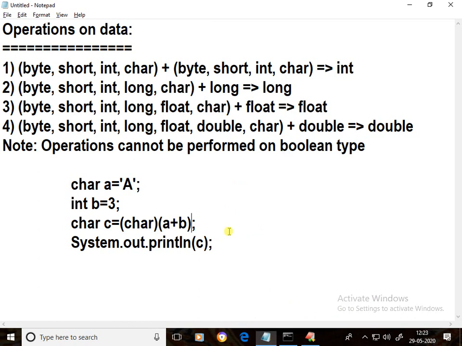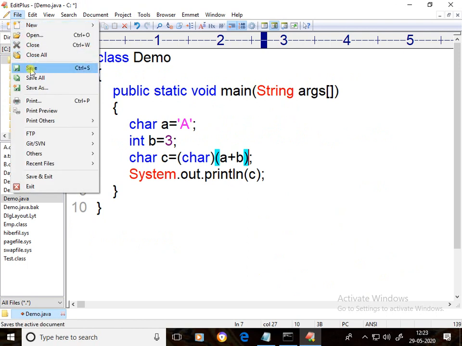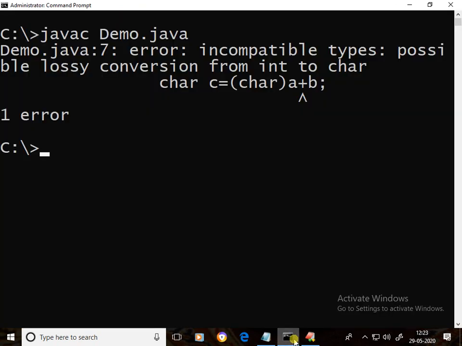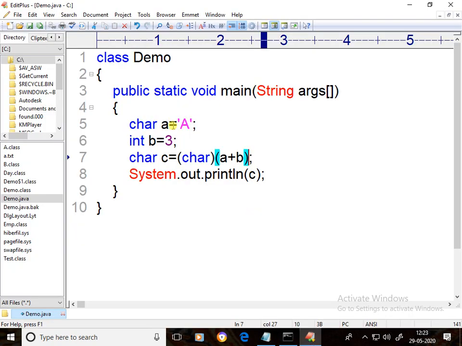I'll show in a program. Here brackets A plus B. I'll save this program, file, save. I'll compile, javac demo.java. See, successfully compiled this program. Here A means 65, plus 3, 68. 65 means capital A, that is the ASCII code.